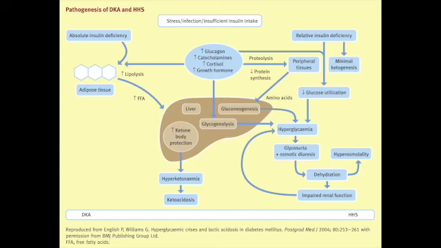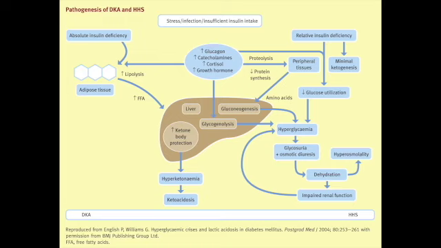Next will be the all-important DKA, diabetic ketoacidosis. This is a consequence of insulin deficiency and counter-regulatory hormone excess. It's most commonly seen in type 1 diabetes due to the insulin deficiency, and the etiologies are due to stressful triggers. Infection is the most common cause, like UTI or pneumonia, discontinuation or inadequate insulin therapy, undiagnosed diabetes, MI, CVA,